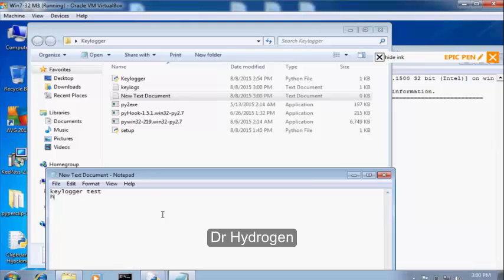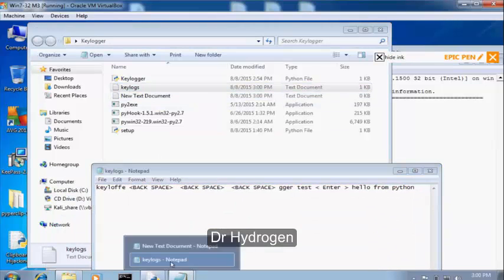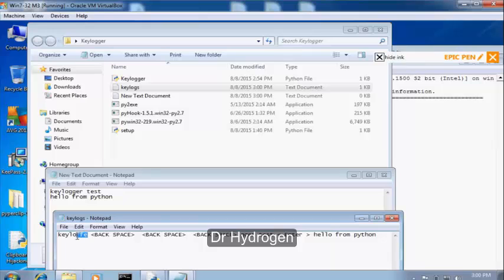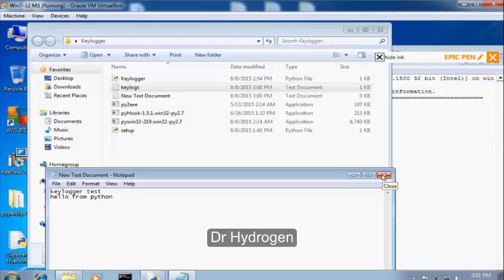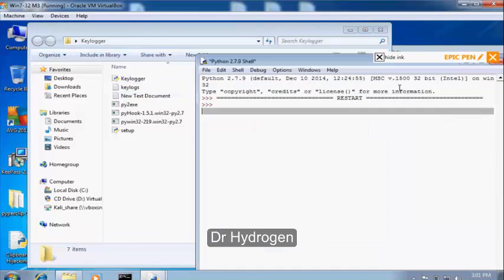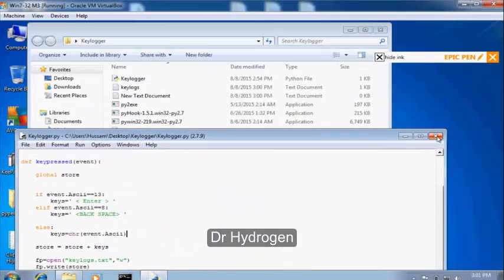Okay, notice that we got our keylogs here, and since I typed backspace, you can notice that we got the backspace here: keylogger, then GER, then test, then enter, hello from Python. Okay, so let me terminate the keylogger here, and okay, so let me remove these files here,